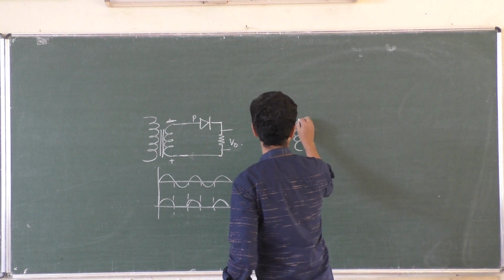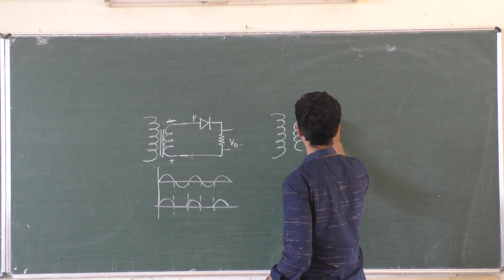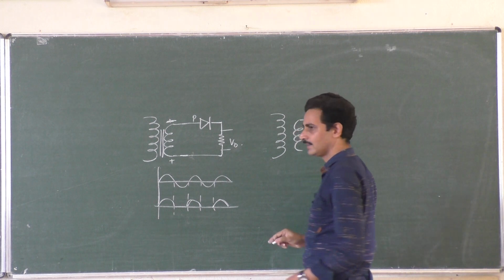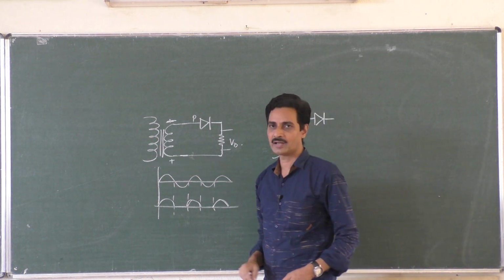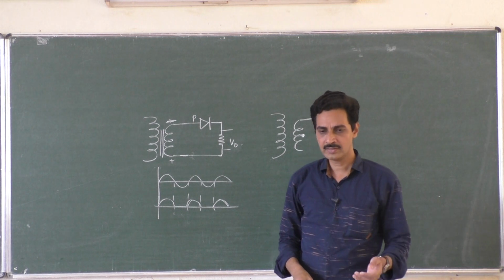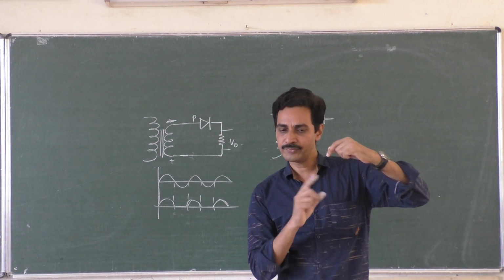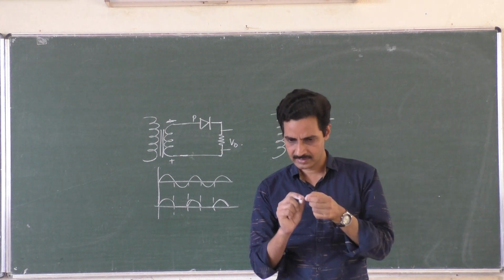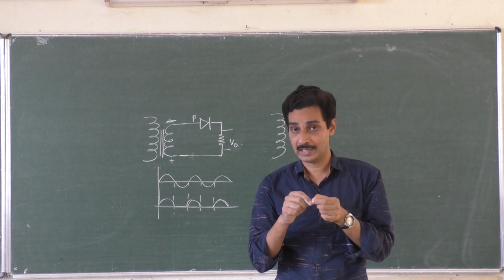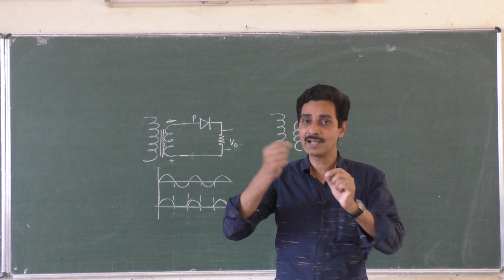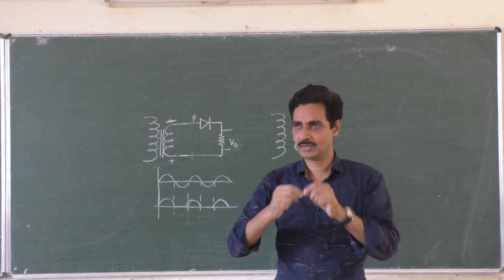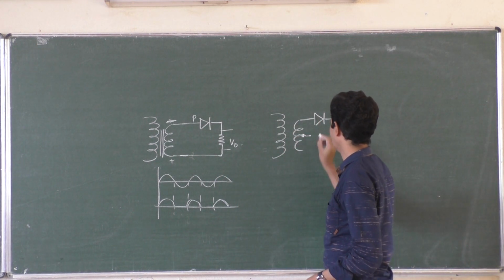Second diode. So this is the circuit of the full wave rectifier, and we should have a center tap. Center tap means this is the coil of the transformer, and in the transformer there are so many turns. Suppose there are 1000 turns. After 500 turns, 50% of the turns, you take a connection. Don't break the wire or cut the wire. Simply take a connection from the wire. Let the wire be continuous and take it here. That is the center tap connection.